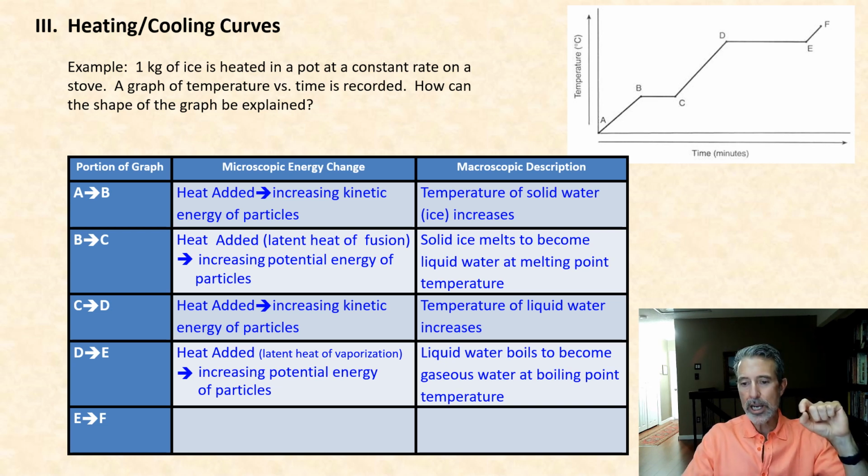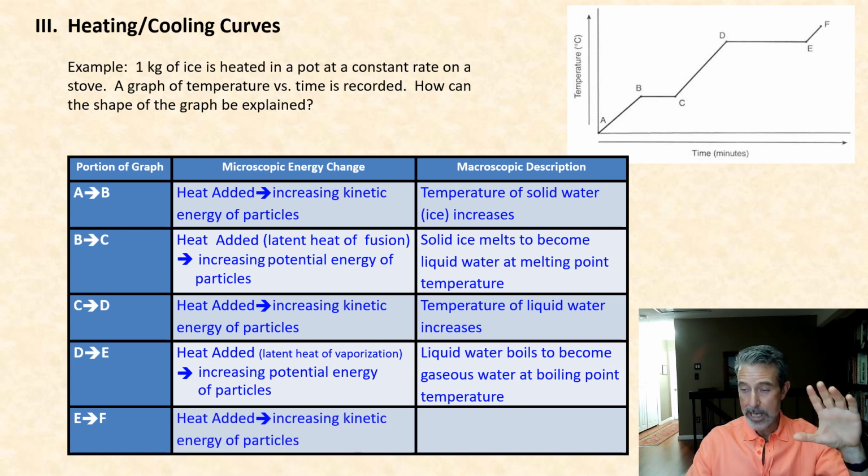That is the phase change that we call boiling. We're adding energy, we're increasing the potential energy of these particles to move them further apart so that the liquid molecules enter the gaseous state. And finally, now that all the liquid molecules have turned into a gas, that last portion of the graph, EF,